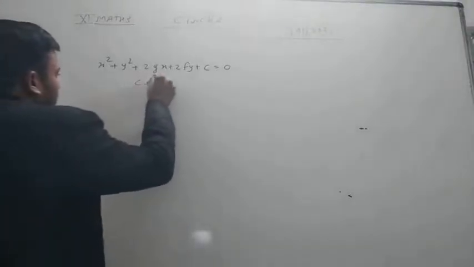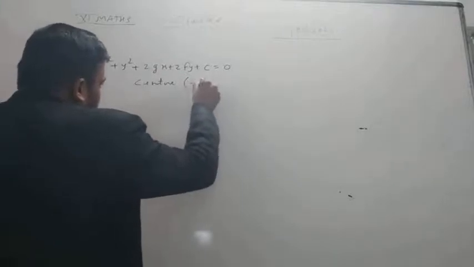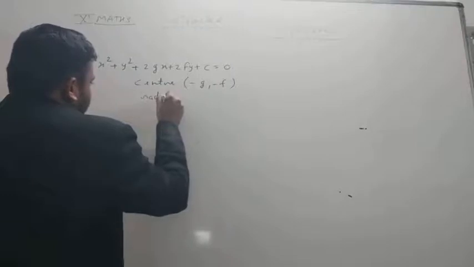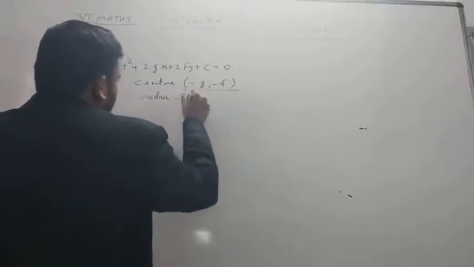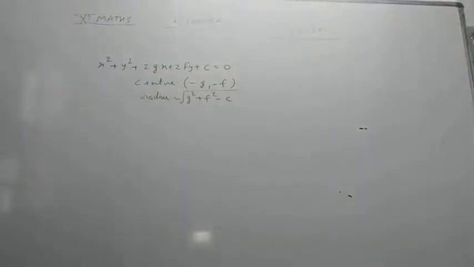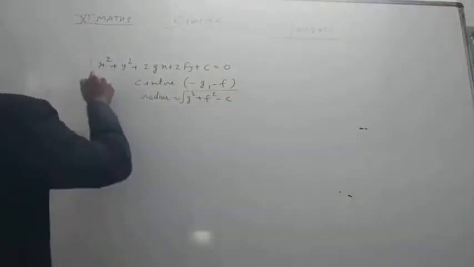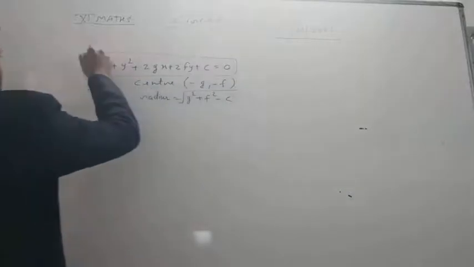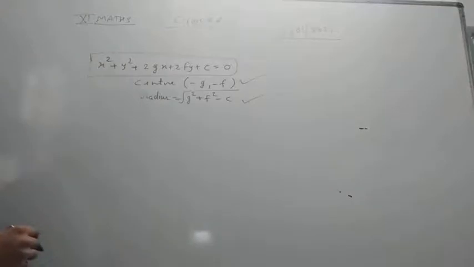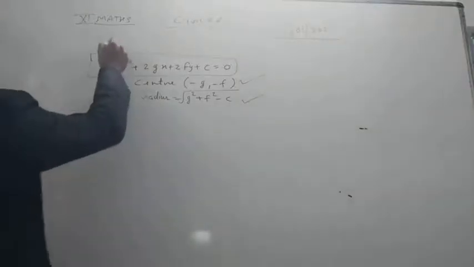Okay student, the general equation of circle is this, and its center is minus g, minus f, and radius is equal to under root g square plus f square minus c. Okay student, in this form, when the circle is in the general form, then its center is minus g, minus f and its radius is under root g square plus f square minus c. Okay student, this is